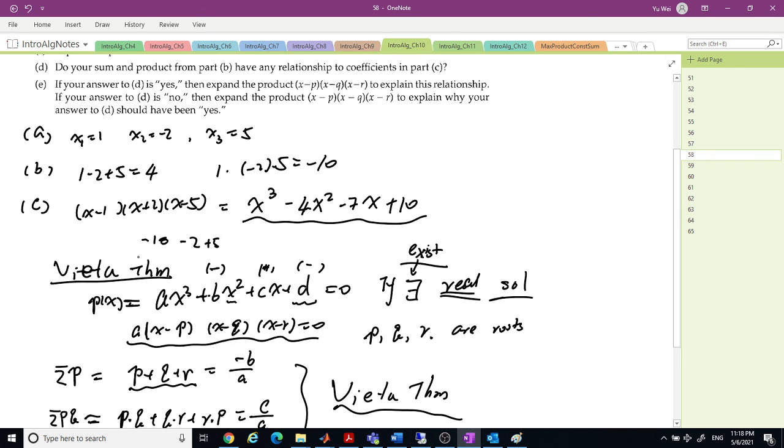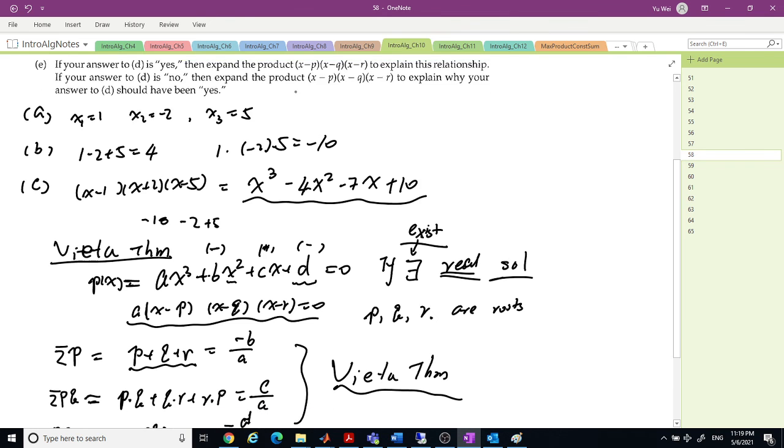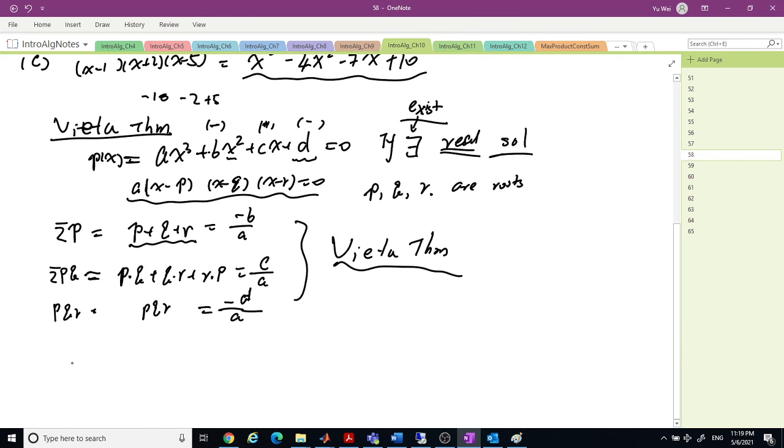So now I tell you the relationship, right? Now we know there is a relationship. If we want to expand in terms of x minus p, x minus q, and x minus r, right? If p, q, r are the roots,